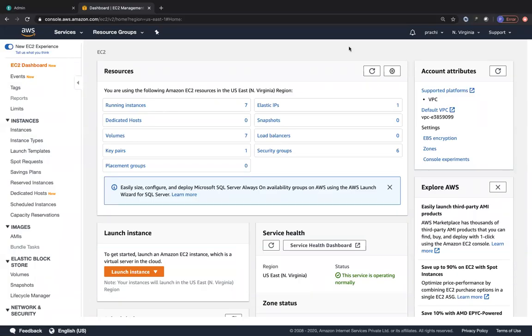Today we are going to learn how to install Docker onto a CentOS machine. This is going to be very helpful when you're working for an organization and you want to quickly get started working with Docker. It's pretty simple. I hope you are already familiar with creating virtual machines on EC2.